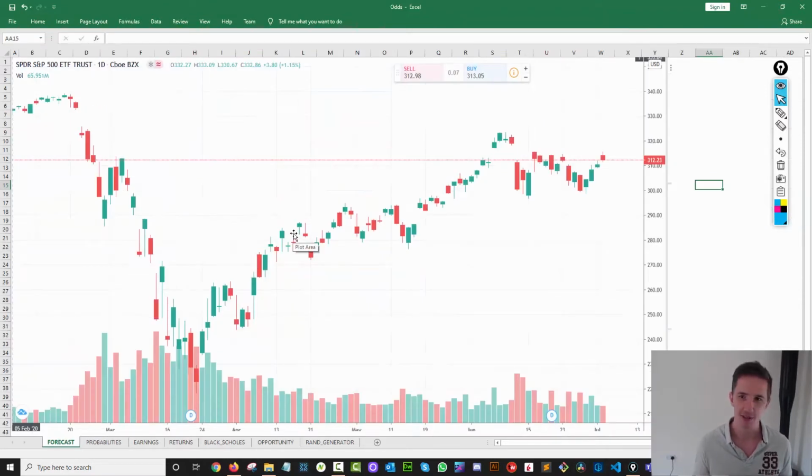Now, if we go over to the forecast tab here in this model, again, here is the price of the S&P 500. And I'm just going to mark this up very quickly. What we've been trying to do is to predict the close to close price. We've just been trying to predict the very next day.